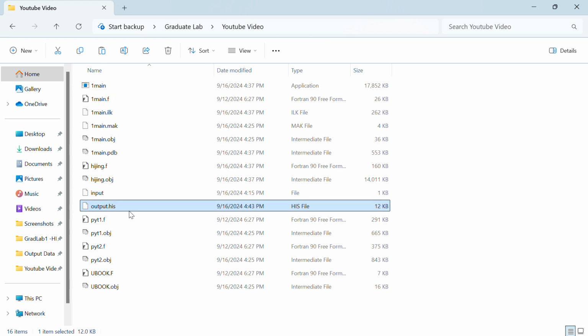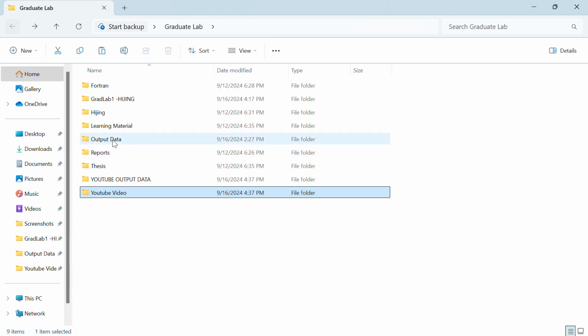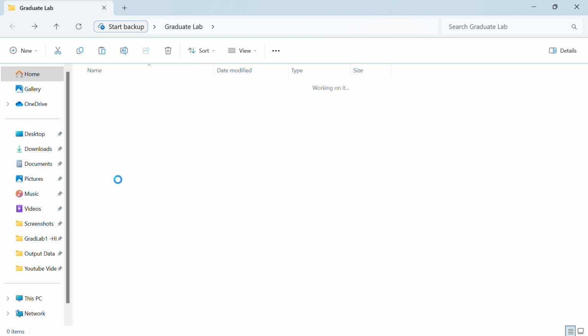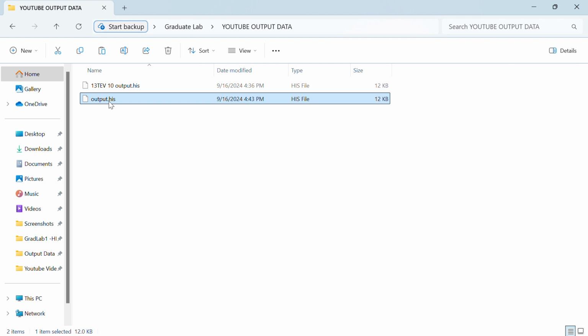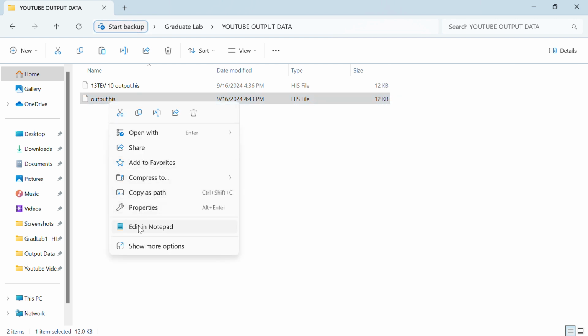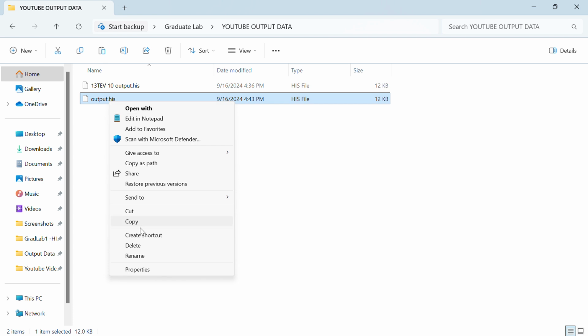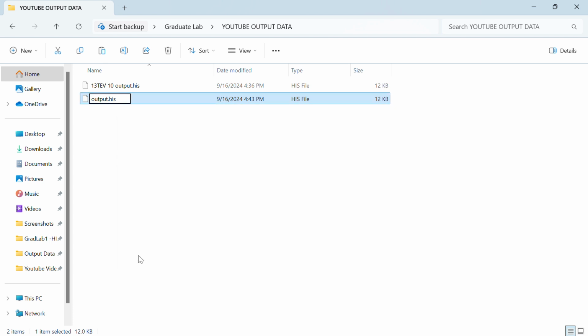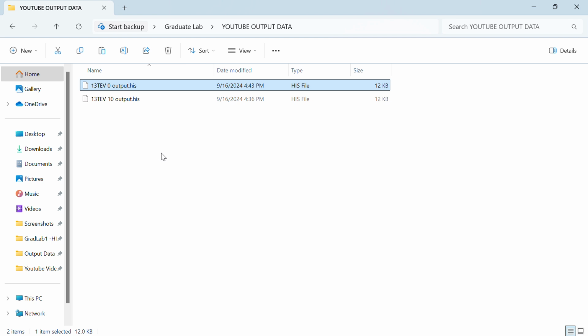Then go to the output folder again and paste it here, and rename this as I told you previously, as 13 tera electron volts under 0 value. Now same procedure, last one: just minimize this and go